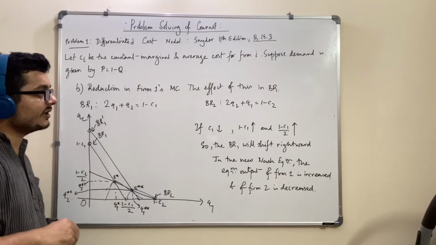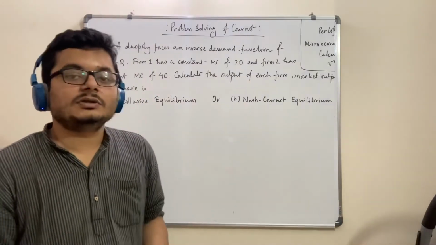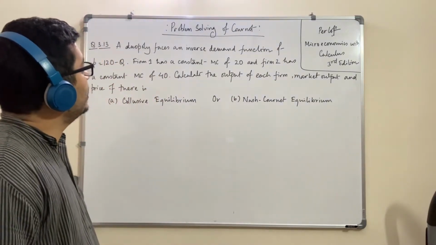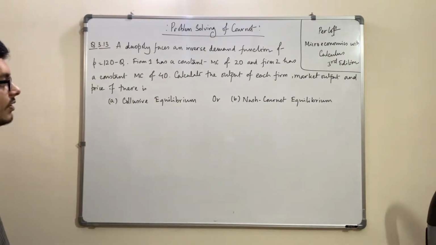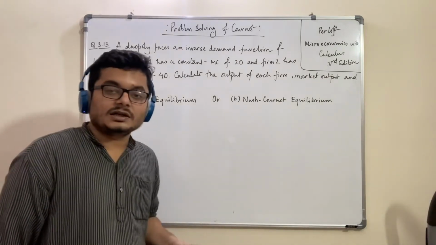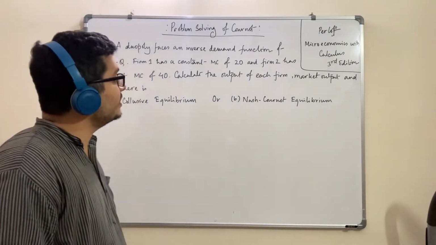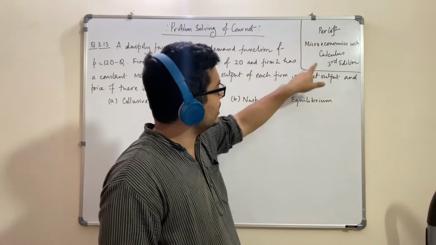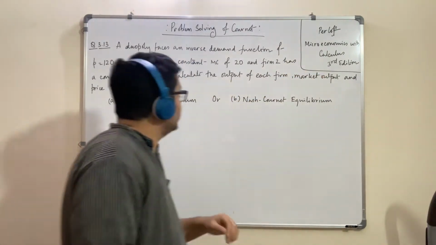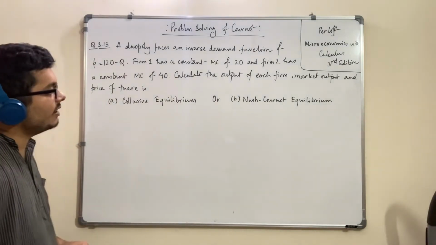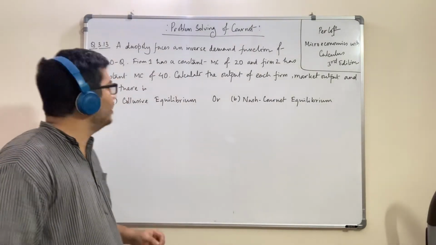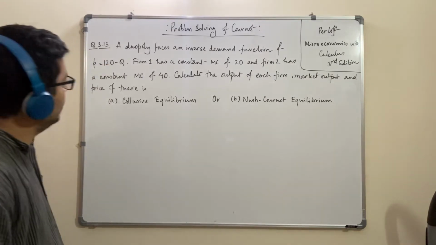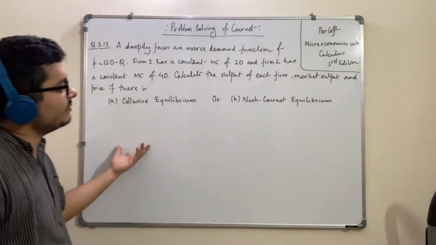Okay. Thank you. Welcome back to the second problem of today. As I said, we have done one problem from Snyder, and the next one, this one, is from Perloff. The book is Microeconomics with Calculus, 3rd edition. And in Perloff, Oligopoly is in chapter 14. We have taken question number 3.13. Okay, so this problem